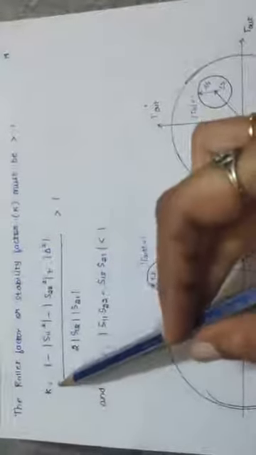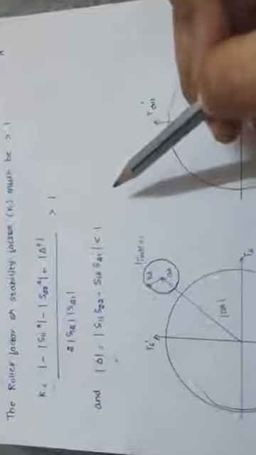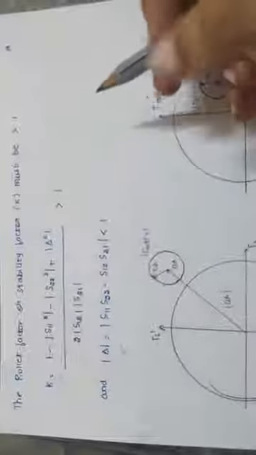One more thing that we must know is that there are two tests that we perform to determine stability. They are the Rollett factor and the Delta test. When the Rollett factor K is greater than 1 and Delta is less than 1, under these two conditions the amplifier is said to be potentially stable or unconditionally stable. So if an amplifier passes these two tests, we can confirm the amplifier to be a stable amplifier. This is the formula for the Rollett factor. We will start our problems by finding the Rollett factor and the determinant, the Delta value. If K is greater than 1 and Delta is less than 1, we will conclude that the amplifier is potentially stable in all the frequency ranges.